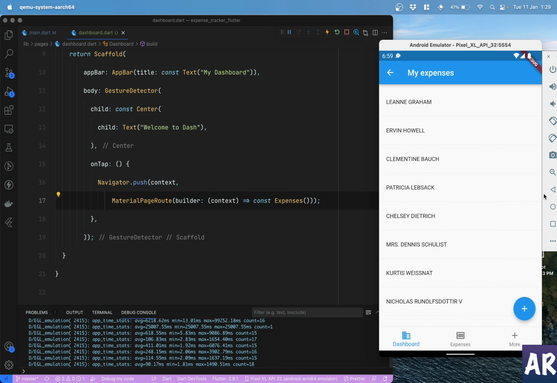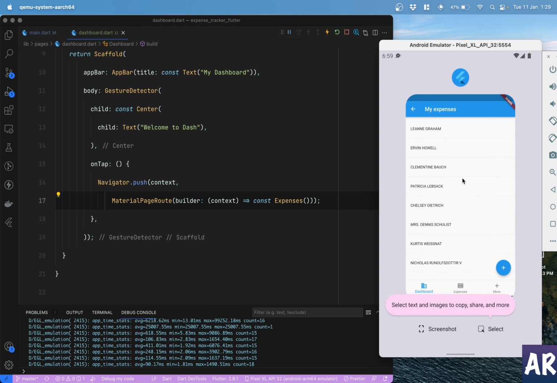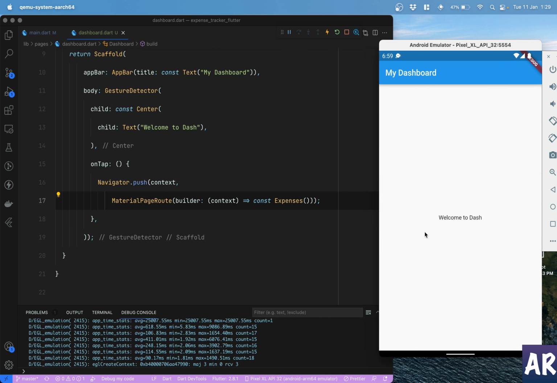And it does. As you can see, I can minimize, I can go to this app, and if I do back, it remembers and takes me back to the same page where I came from, which is the dashboard. So yes, this is how we can do a basic level of routing or navigation within our